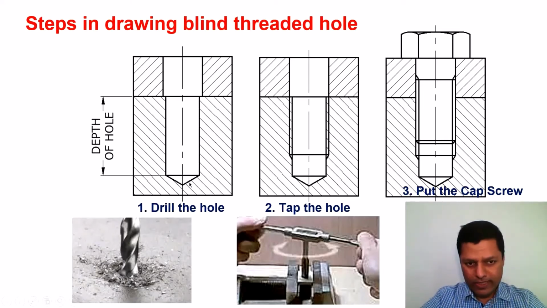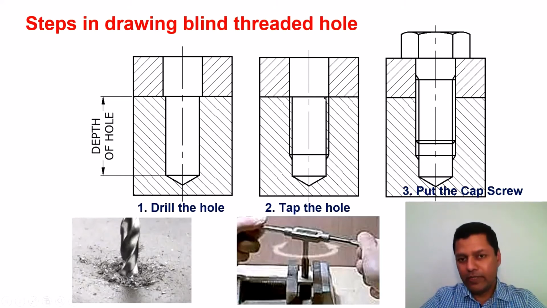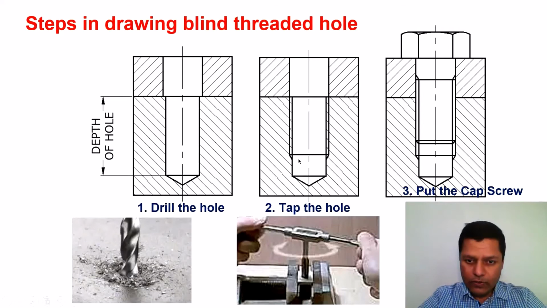Once the hole is drilled, remember the hole diameter is equal to the minor diameter. Now we tap the hole, meaning we cut the threads in that hole. So we draw this line here, which is equal to the major diameter. When we tap the hole, we don't tap it up to the end. We leave some extra space here, so that while doing the tapping operation there is space for the accumulation of chips and burrs. So here the thread is cut up to here and then the thread runs out, the same as the thread run out, at 30 degrees with the axis.